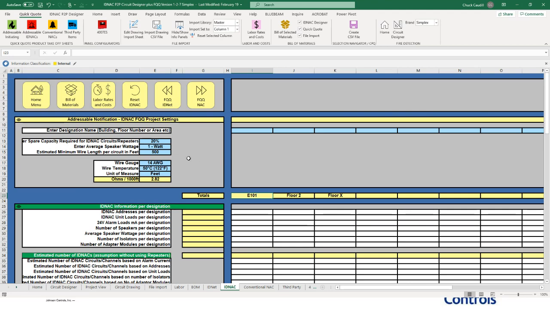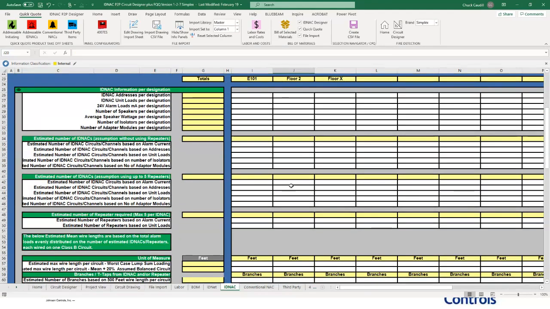Moving on to the addressable NAC page, the ID NAC works exactly the same as the other with some extra options. We still have the spare capacity option, but since I can now be putting speakers in, as I add speakers, I can set what wattage as an average I want to put in, and it will keep track of how large of amps you would need. I can adjust the wire gauge. I can adjust the temperature of the wire, which affects the resistance. I can also check metric or imperial measurements.